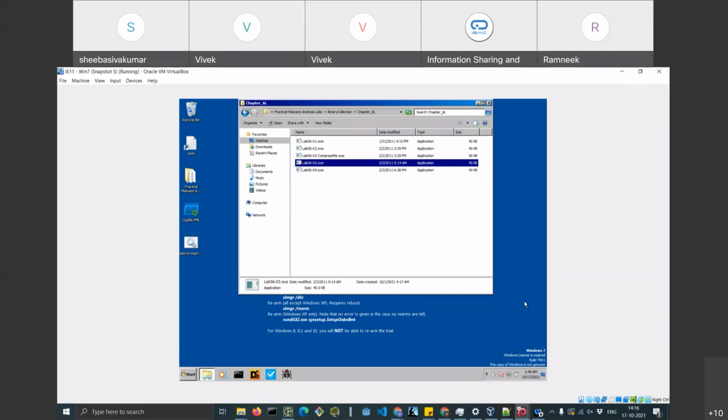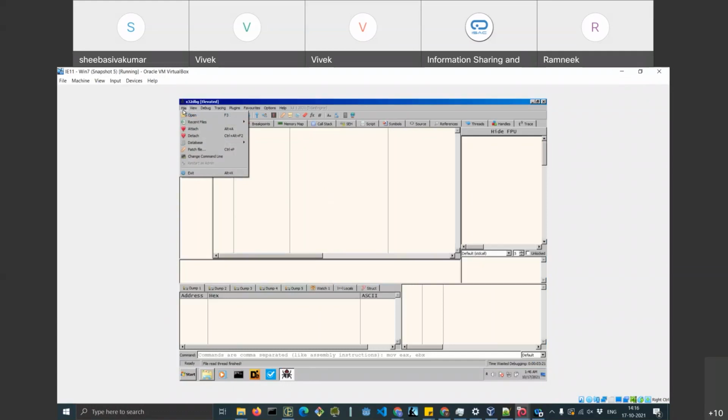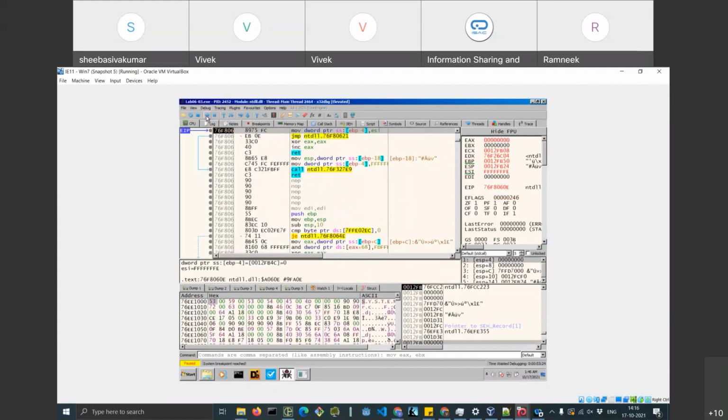I have a question here. How to bind a program in a Windows debugger during execution? Binding, basically, is just opening the executable with a debugger. You just go to your debugger, open the file here, and try to run it.